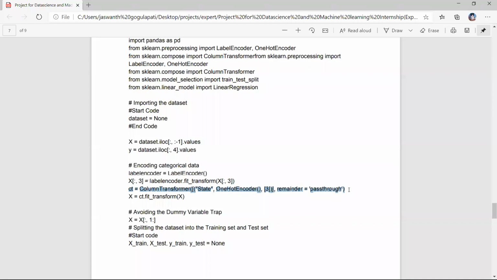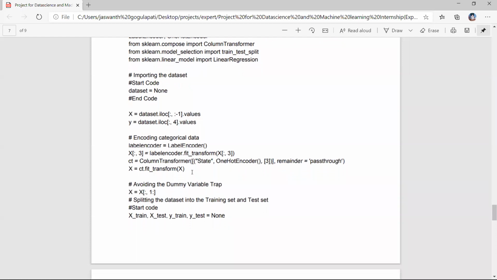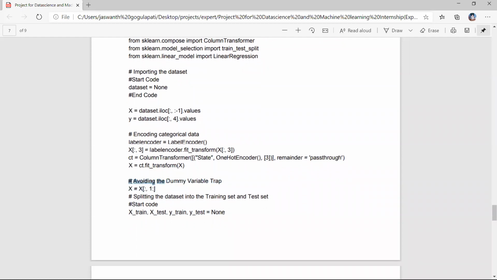Like 0 refers to Chennai, so we'll have one column; for Hyderabad there is a separate column, and for Bangalore there is a separate column, right? We are transforming a column into three columns. This is called a column transformer, and after transforming, we'll again fit with the previous data. And one important step we need to remember when using the column transformer method.